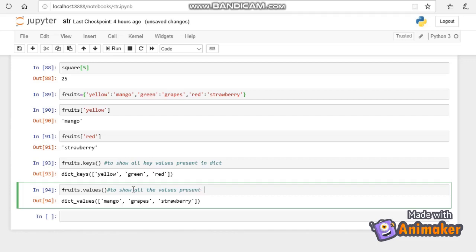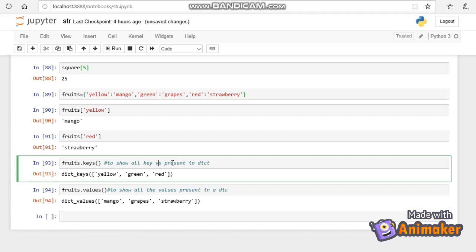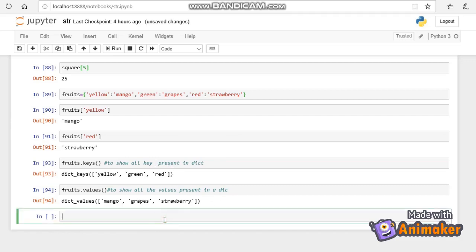So I have said we print only keys. This will print all the values. So the fruit dot keys function is used to print all the keys and the values function is used to print all the values.